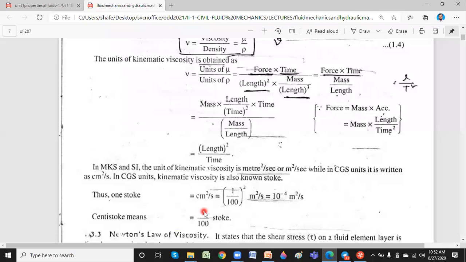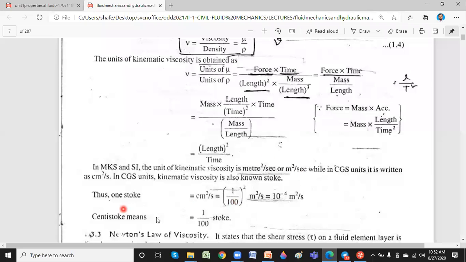And if you go for kinematic viscosity, which is mu by rho, the ratio of dynamic viscosity to the density, then we have learned what is the unit in CGS or MKS, that is the stokes, and obviously the SI unit for kinematic viscosity is meter square per second. You just see here, this is what I have mentioned, that meter square per second is the unit in case of SI unit.